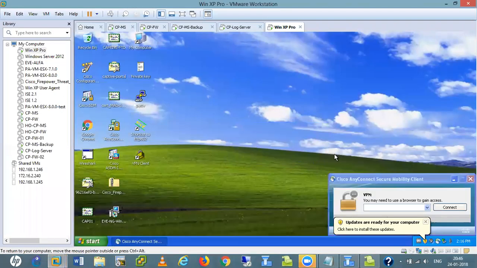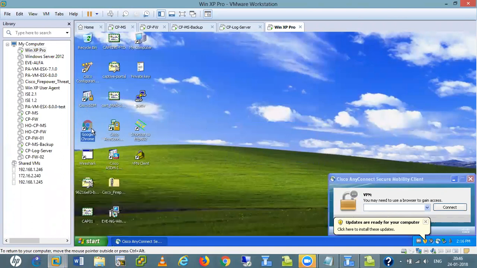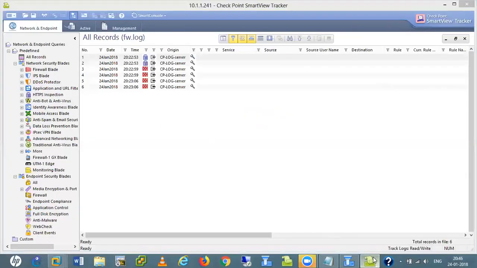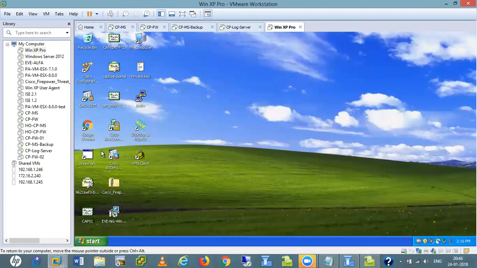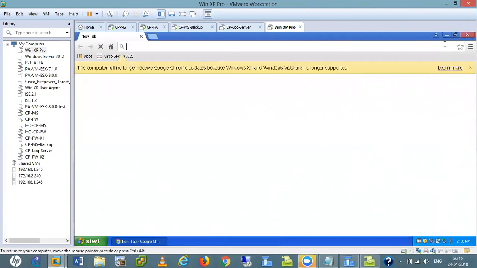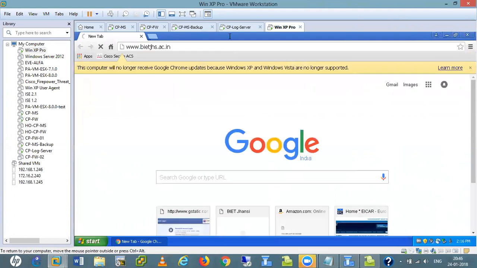Let me generate some traffic from here. Windows R, open this. See, I don't get any logs here, still. Once again, generate traffic. Google.com. www.bitls.